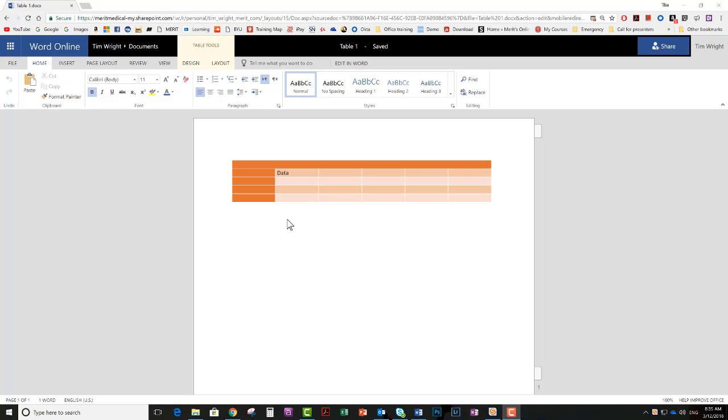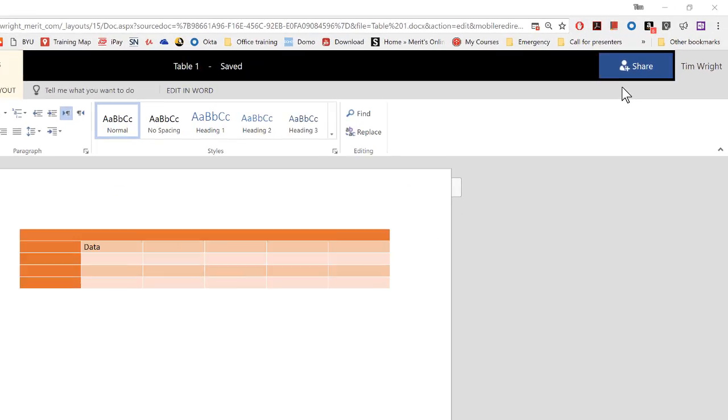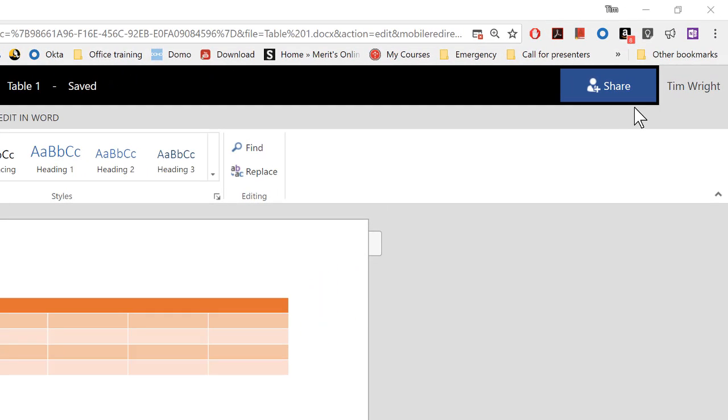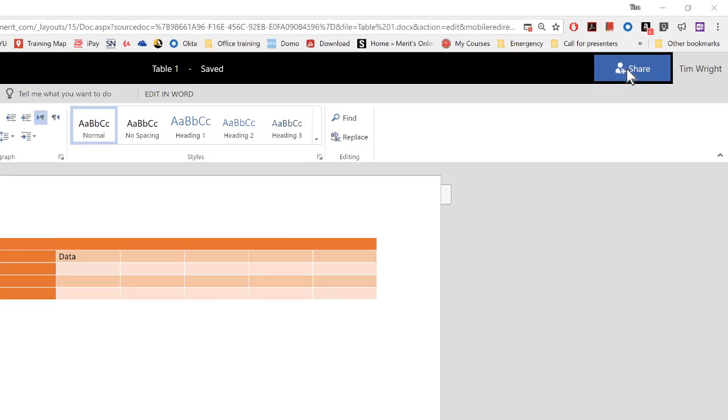I think the most exciting feature is to share the document for co-authoring, or simultaneously authoring, with one or several people. That button that we want to use is in the top right corner. It's a big share button, and it's really quite prominent, and the reason is because they think this is something you're going to use a lot, and I think we will as well. So let's just simply click on it,